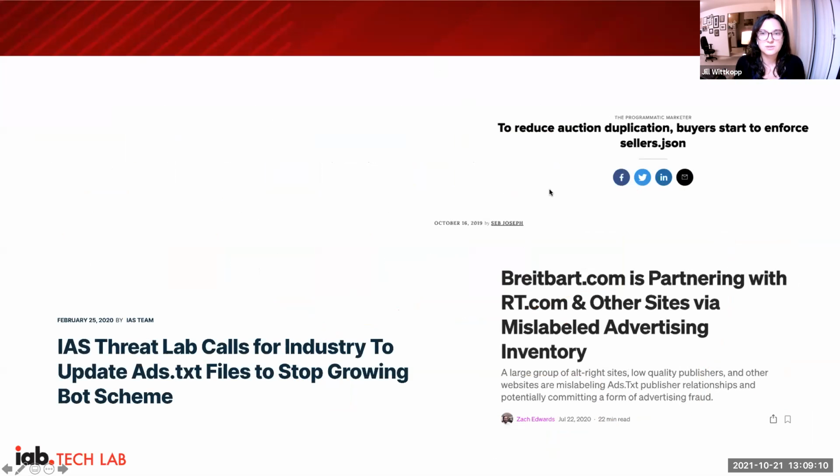And so those are the standards that help to give us the lay of the land in the ecosystem and provide that transparency. But I also wanted to share just a little bit about why we decided to build the supply chain validation tool as part of the Tech Lab's Transparency Center. And so you'll see a couple of industry publications here that still, even years later, as recently as 2020, a couple of these are from 2020, and I know there are still news articles like this even more recently, where it's really calling